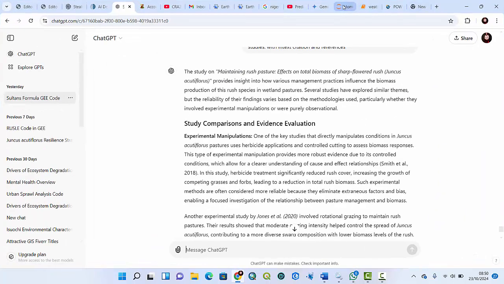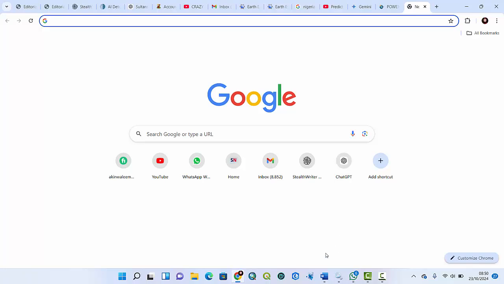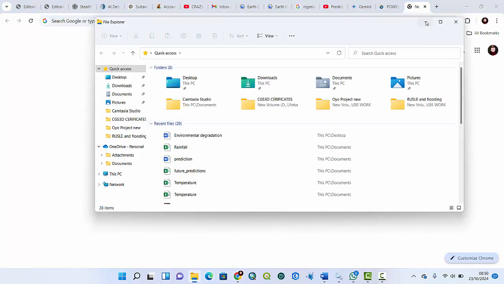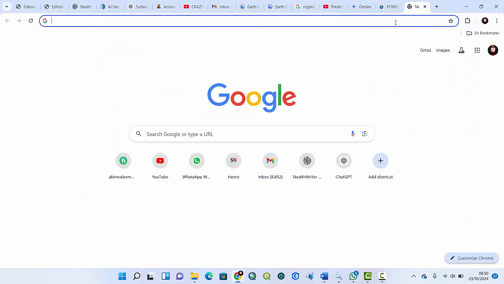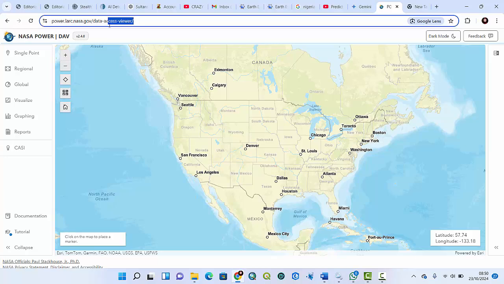So for you to do the prediction using machine learning on Jupyter notebook, whether it is rainfall or temperature, the first thing is to download your data. I will show you how to download it. To download your data, just go to this website,